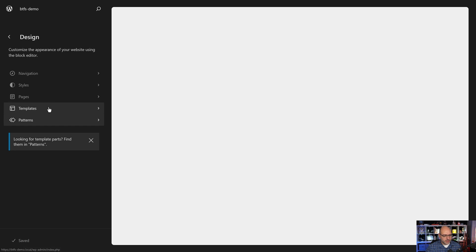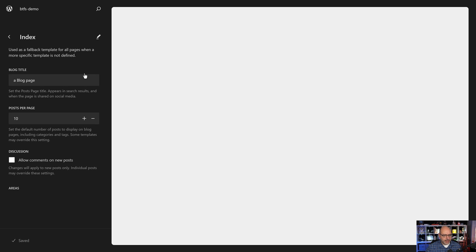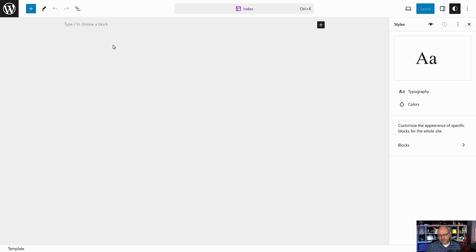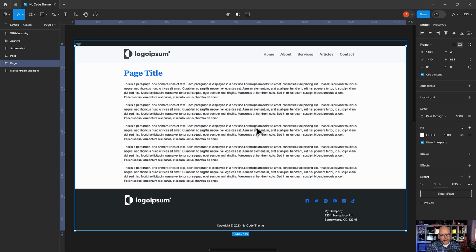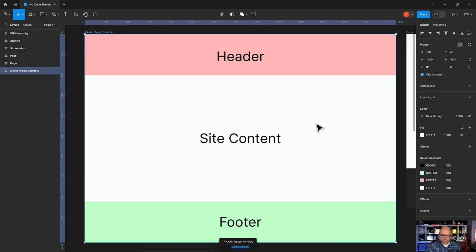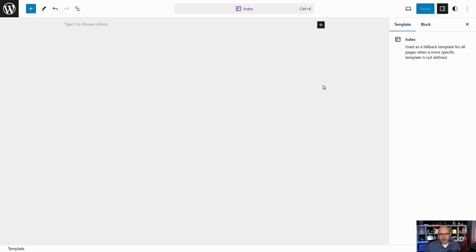So let's come into our templates, index template, and edit that thing. If you take a look at what a general page is going to look like, you're going to find a header section, the body of the page, and a footer section. So this is sort of the same thing that we're going to create here inside of our index template. Let's start off by creating the header and the footer, and then for that index template, we'll work on the content part. So here we are back inside of the site editor, and I've got my index template loaded up,